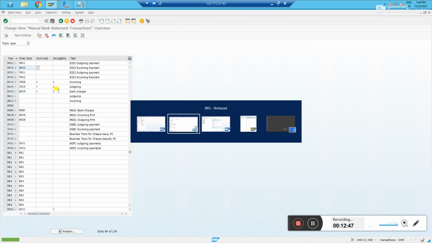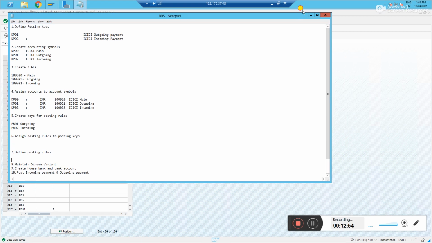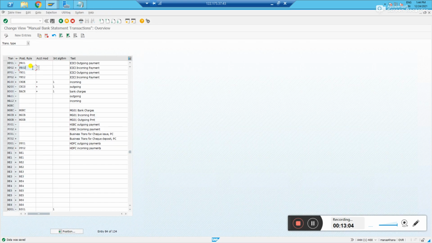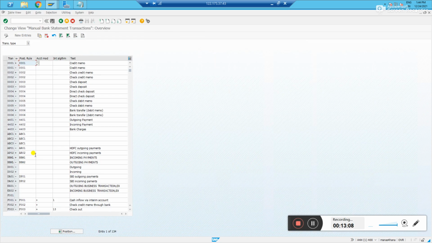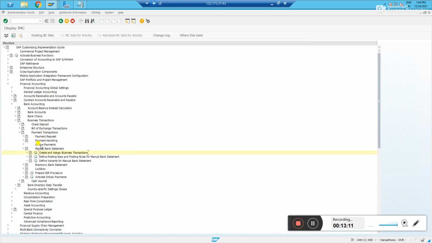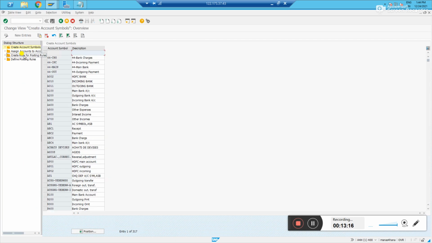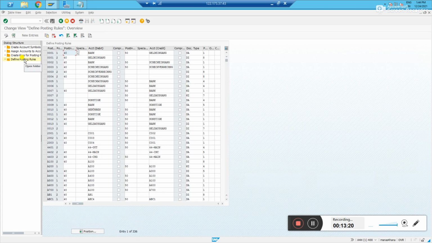This is done. Okay. Next step is define posting rules. We need to tell the system, hey, you take this incoming payment time, you take this posting case and clear with this GL account, and that logic we need to build here. Okay, save it, go back, go again, not here. So yeah, you have your chart of account, create posting rules, done, define posting rules. Now we need to define.